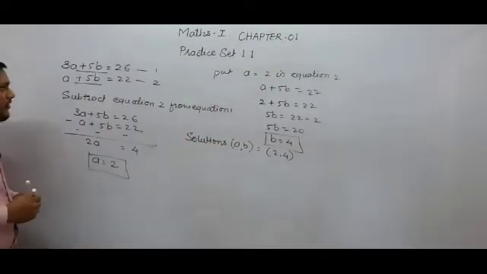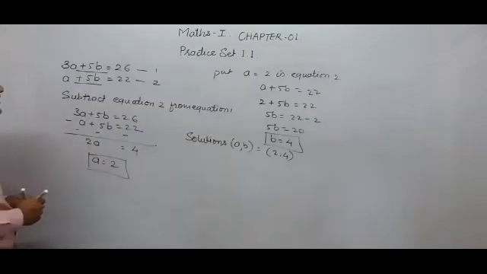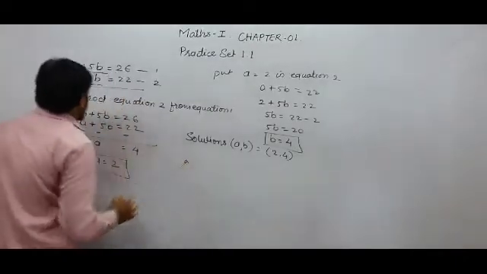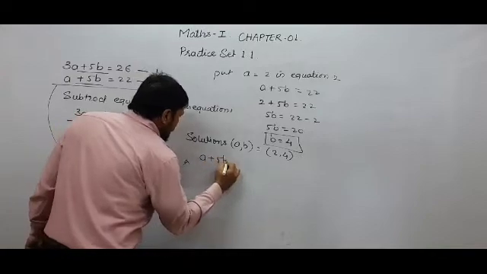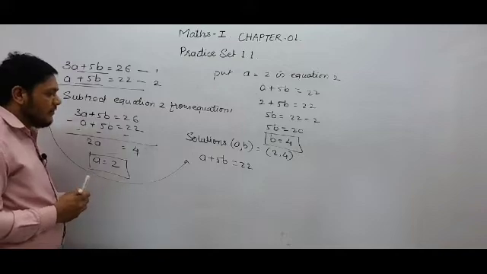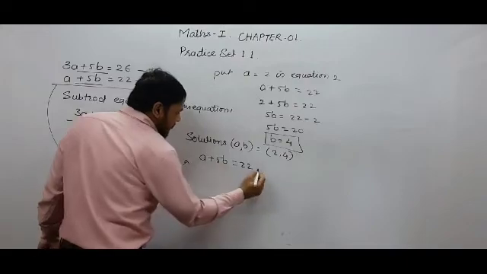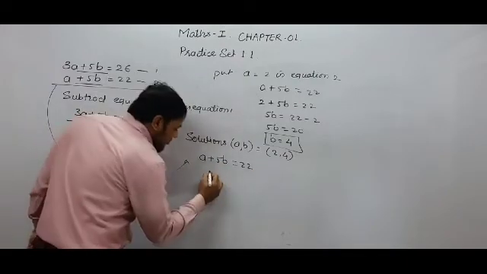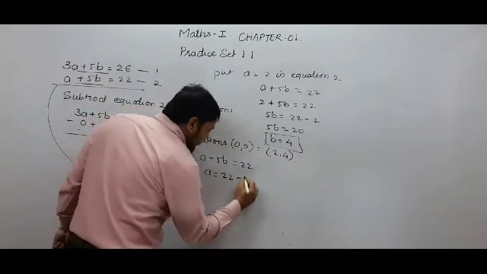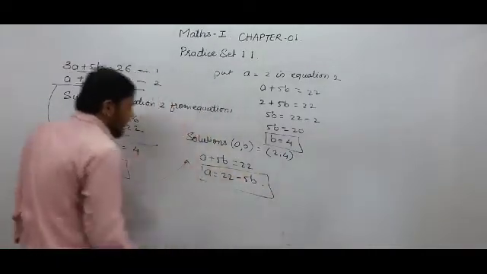And one more thing I want to tell you about these two equations. We can also solve these two equations by the method of substitution. So see the second equation, a plus 5b equal to 22. Student, in this equation we can write the value of a in terms of b. So for that, let's take this positive 5b to the RHS, it will go in negative. So a will be equal to 22 minus 5b.